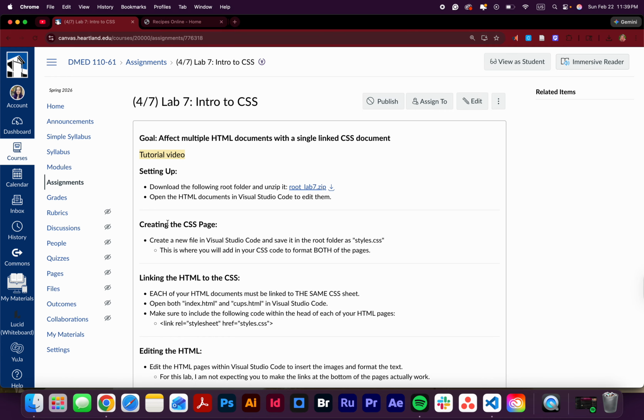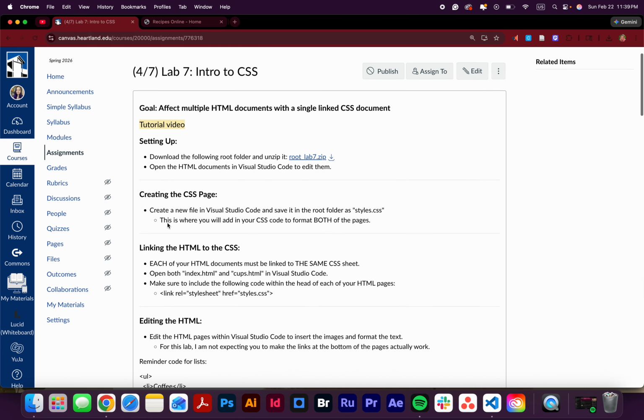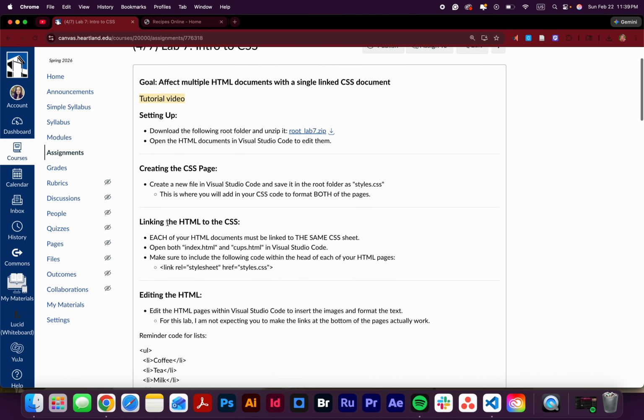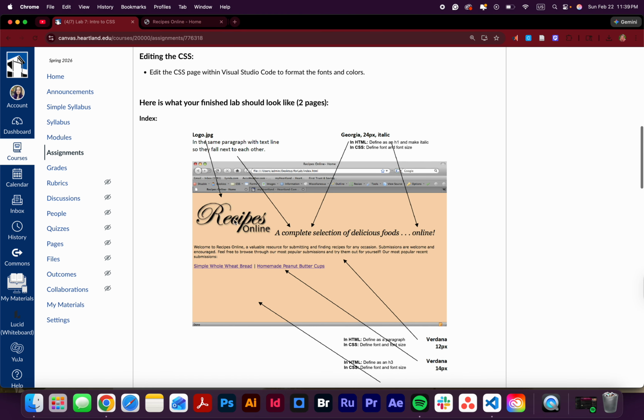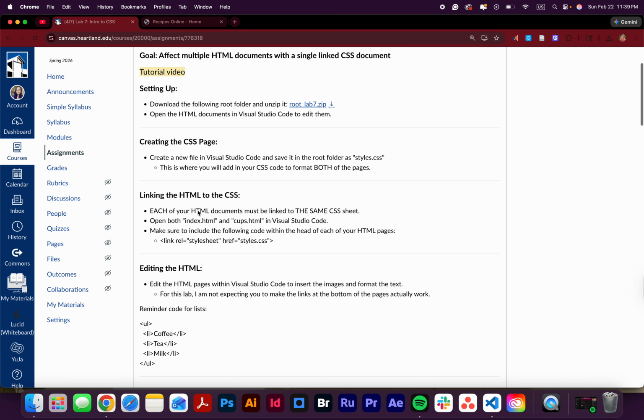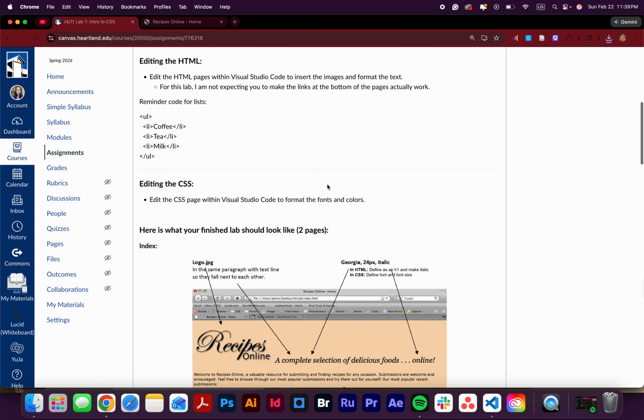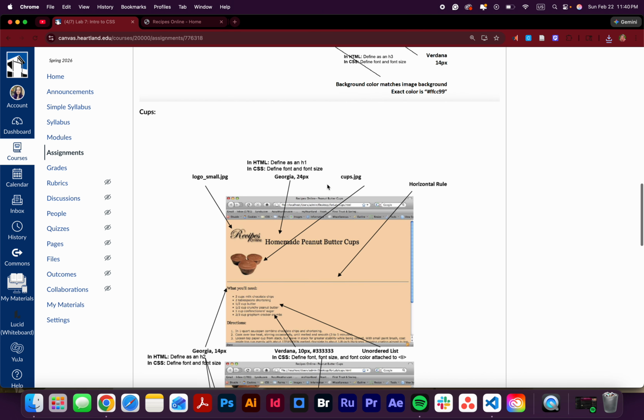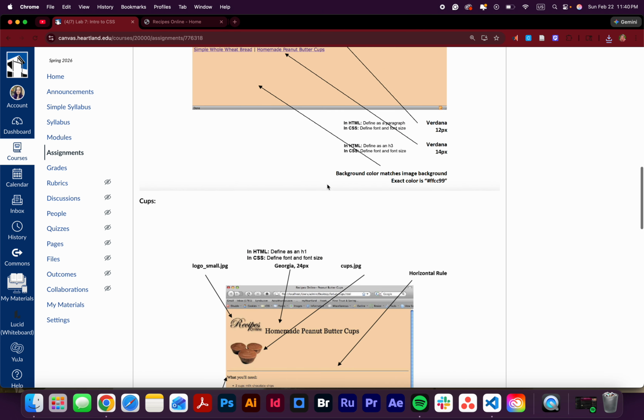Lab is to affect multiple different HTML documents. We'll have two different HTML documents, and we're going to format them both just by having one connected CSS document. So the first thing that we want to do is go ahead and download the root folder. So download that, and as you're downloading that, you can take a look quickly at what things are supposed to